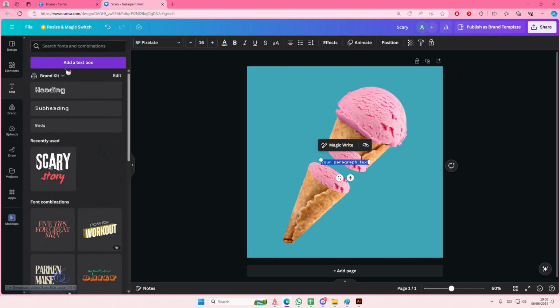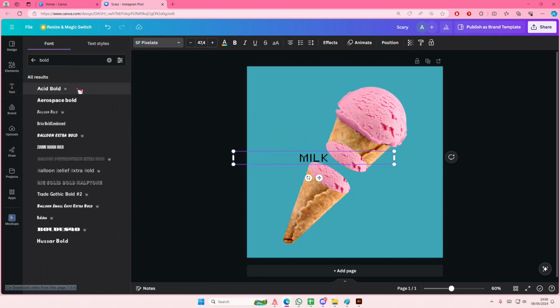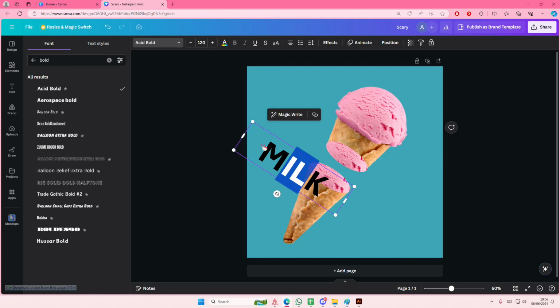Go to text and add in text. I'm just going to type in milk. You can type in anything you want, of course. And I'm also going to change the font as well. Going to make it bigger. And I'm going to rotate it again